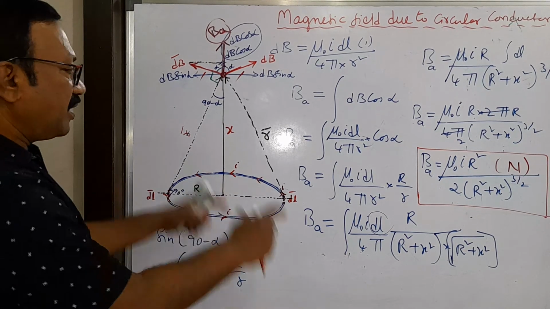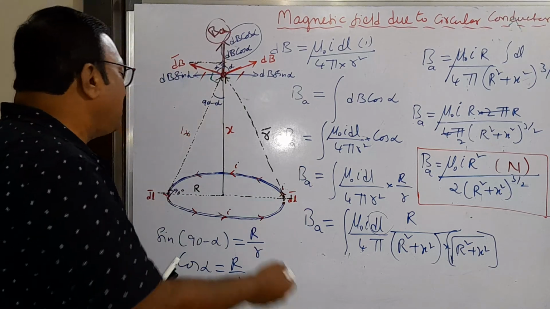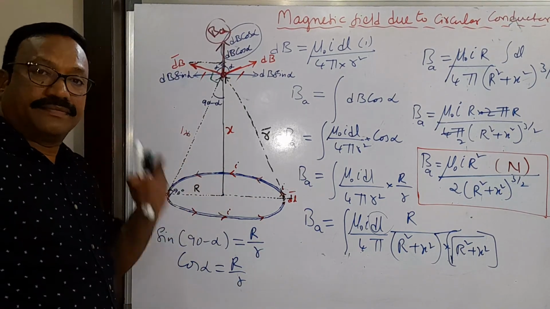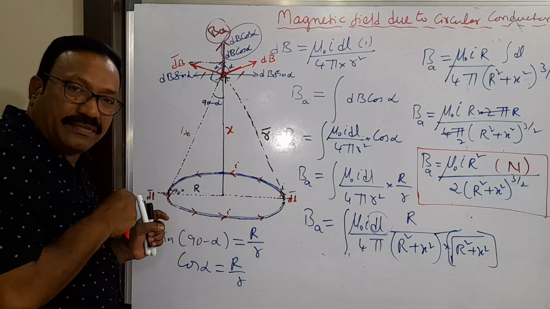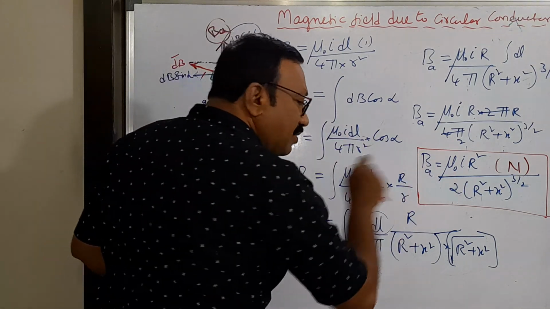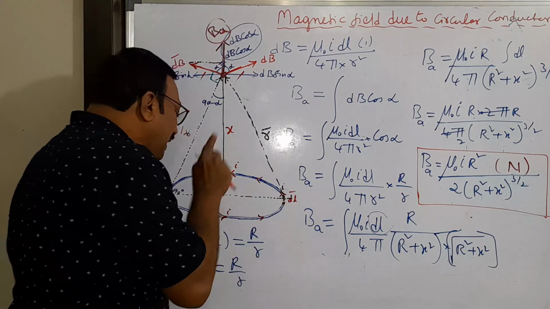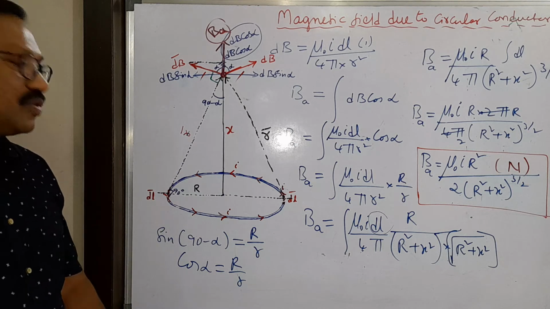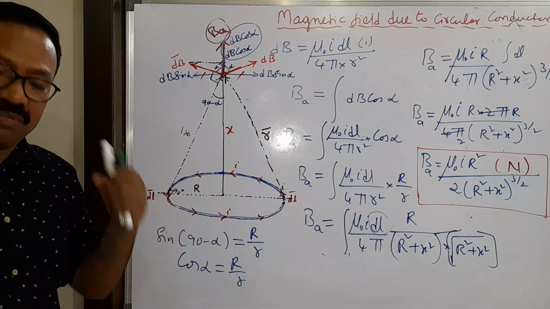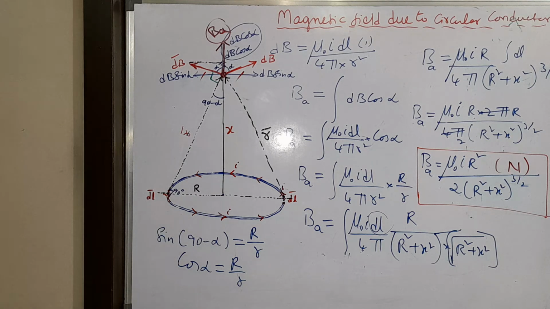Now just take this down, and think about what happens if you go to the center. That means this point will go to the center. Now at the center I want the magnetic field, so I have to substitute x is equal to 0. In that case, what is the relation between the magnetic field at the center and the magnetic field on the axis? Pause the video and think about it now. Let us see what answer you get.